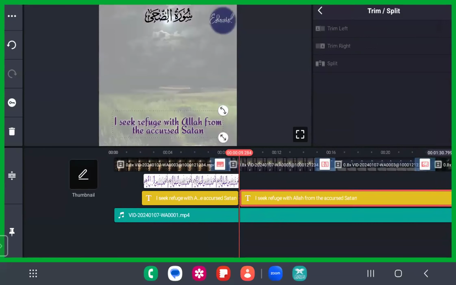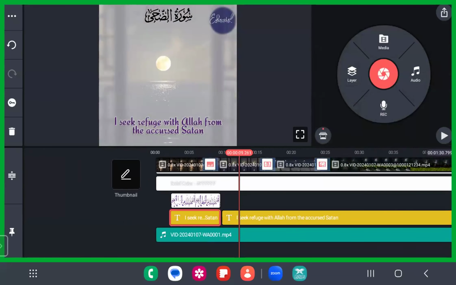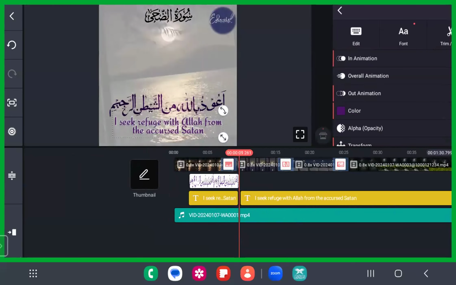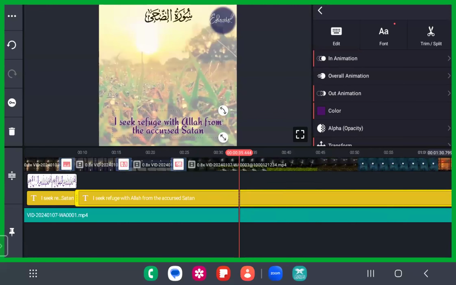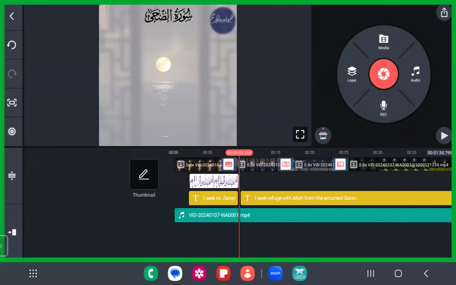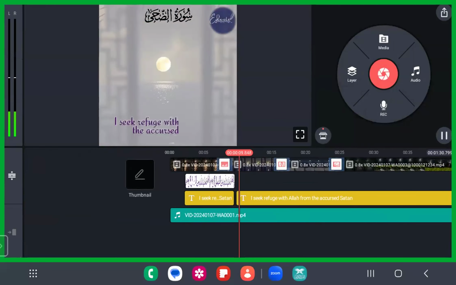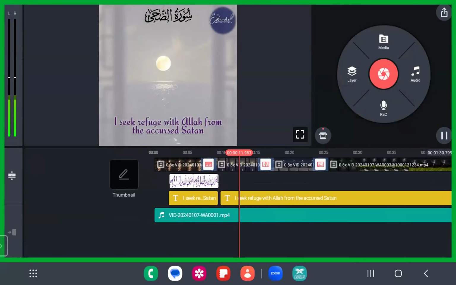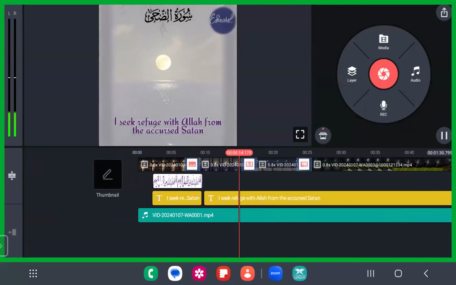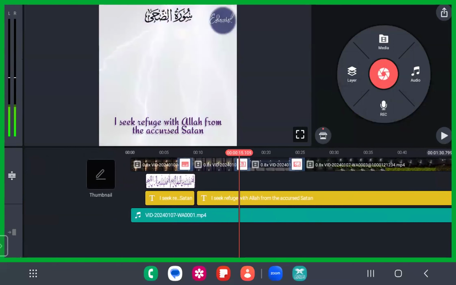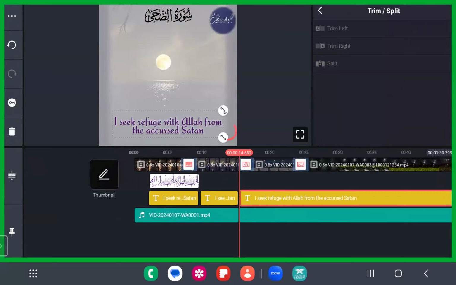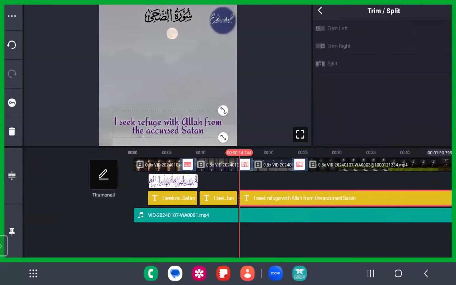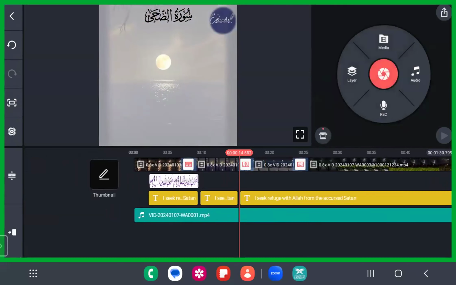So what you have to do is make all the edits for one font, and just keep it as such, increase the duration, and split it wherever you want. So at the 9th second you have split it up. Now play it and see where you want to split. Okay, Bismillahirrahmanirrahim appears till the 14th, 15th second. Split it here now. You just have to change the text now. That's all. You do not have to add any options now. You just have to change the text. The same text will remain. Fine.